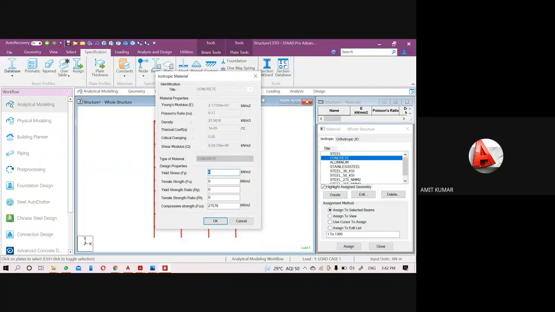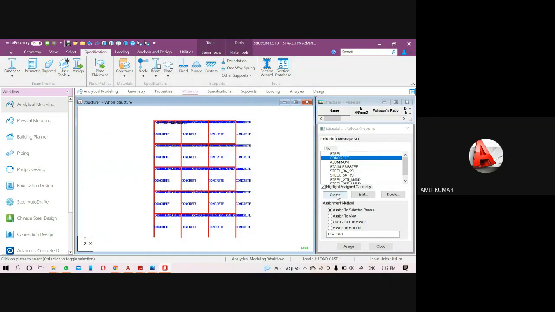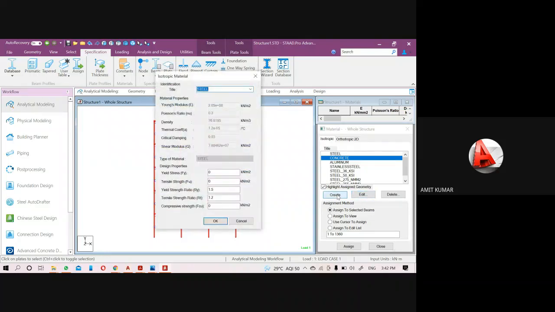just create a new material through the create option, go to create, and then provide the material name. So I will select the material as the earlier concrete, then provide the name. Don't use a space here, you can use a dash or underscore, anything. So I will just provide concrete and then give a new property, and change the density here according to your need.